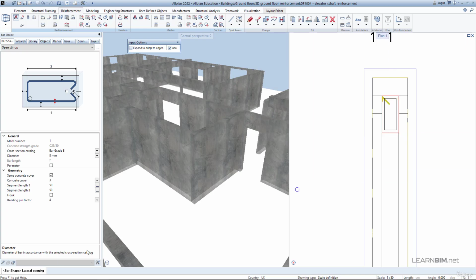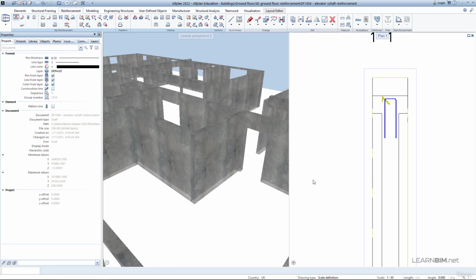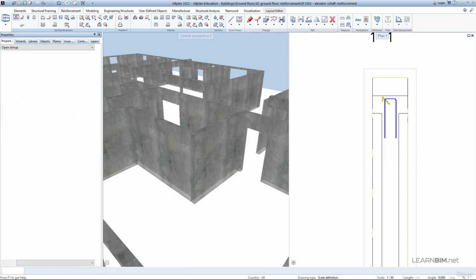And the last step is to click on the side of the stirrup where the lateral opening will be. You can correct the segment lengths in the Properties palette and change them to 45 cm. Now press the escape key several times until you exit the command completely, and the Allplan default message in the